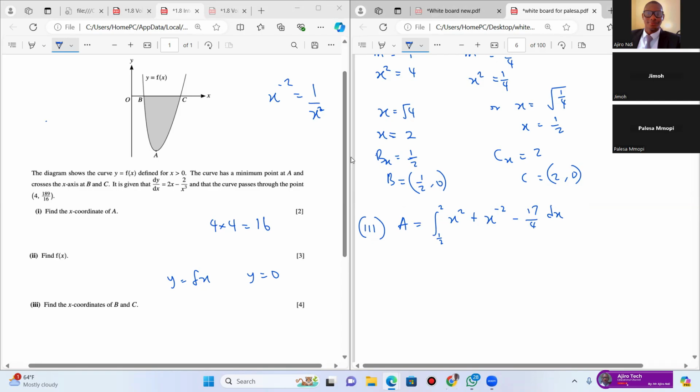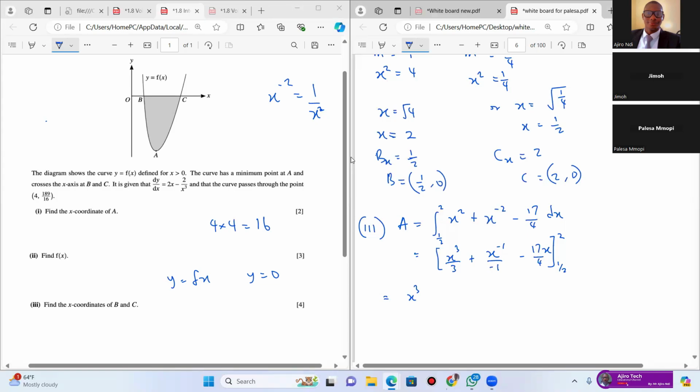I can integrate from the other direction, but let's just do it. If it is negative, then you can negate it back to positive, but let us do it first before we negate it. Now, if we integrate, this gives us x raised to the power 3 over 3, plus x raised to the power -1 over -1, minus 17x over 4, from half to 2, equal to